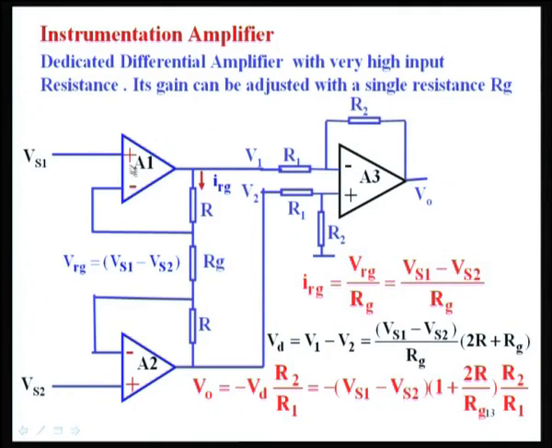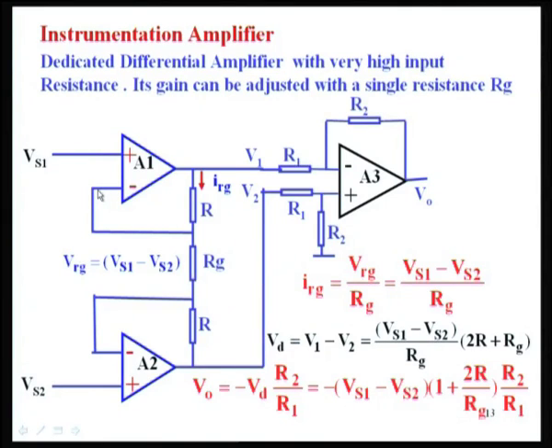So, here you can see this looks difficult, but it is very simple. This is the differential amplifier which we put in the previous slide, that is V 1 minus V 2, and that is amplified by a factor R 2 by R 1 with a negative sign. What is V 1 minus V 2 we have to find out, that is this difference, that is the output voltage here minus this voltage. What is the output voltage here? That is the drop across R G plus the drop across the two resistors. Drop across R G is,